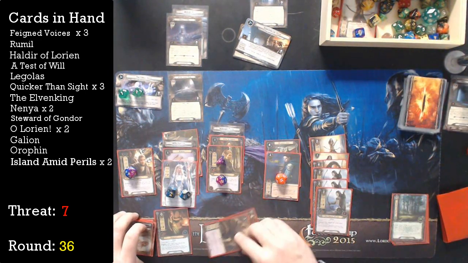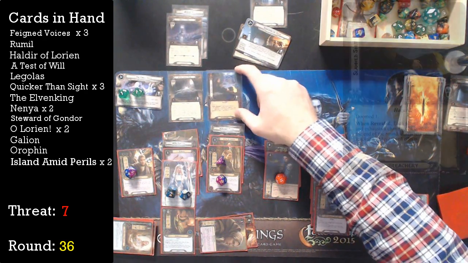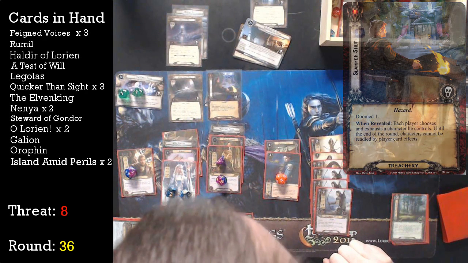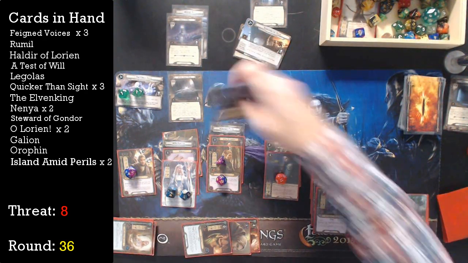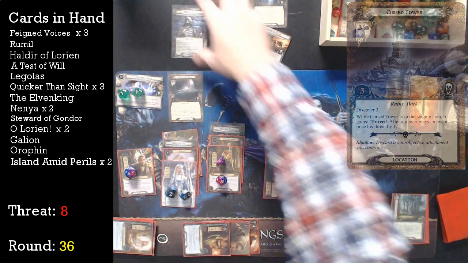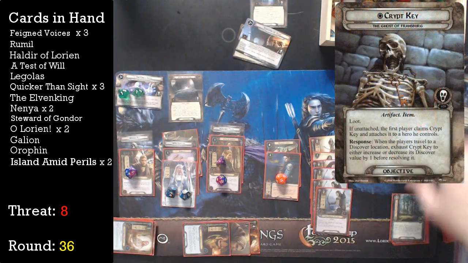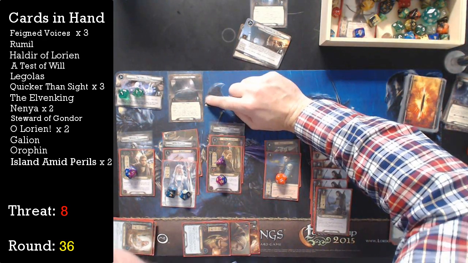I will do 11, 15. Ready? Do 1. So now I have 2 threat. It says to the other round. Okay, I'll do that. It's fine. I can't ready anything. This guy, this goes by. This gets attached. I'll put it to him. And now I will